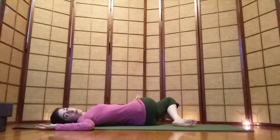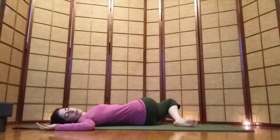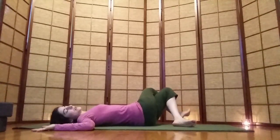And that can have a very calming effect on the brain as well when we twist the spine. And take a few breaths here. Notice if you're tightening up and see if you can suggest to those muscles to relax. Where can you let go just a bit more? And staying here as long as you'd like. And when you're ready to come out of the pose, simply lift the knees up,